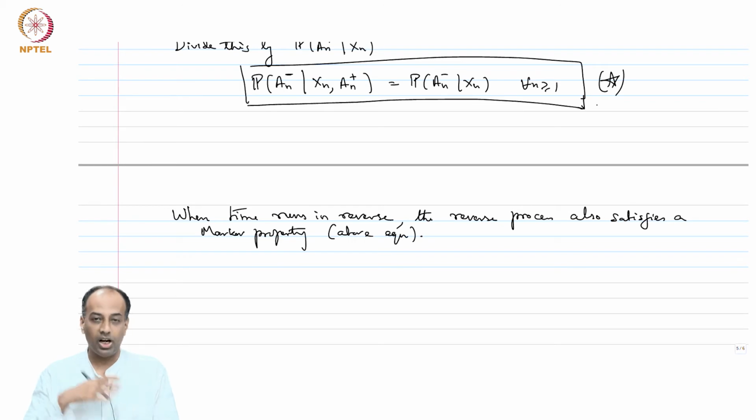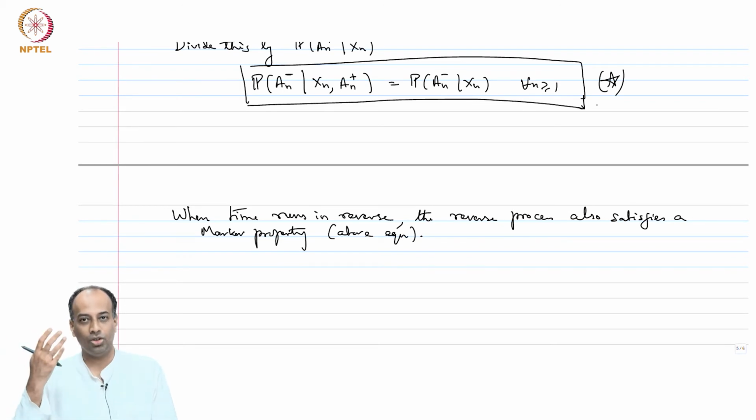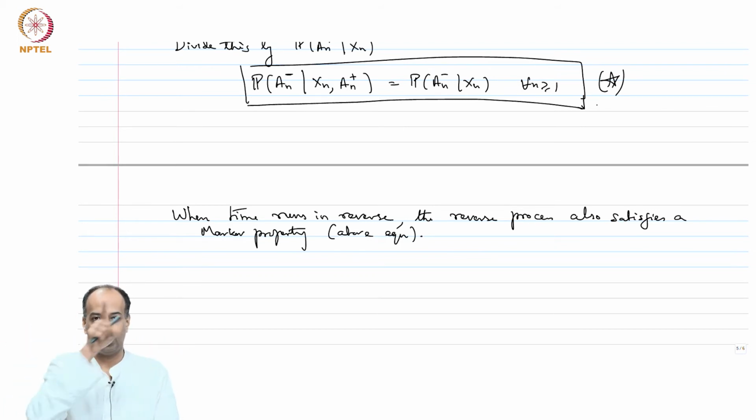All right. Now, if the reverse process also has a Markov property, then we have to ask what its transition probabilities are. So let us say we are given the transition probabilities of the forward running Markov chain, which is the original xn process. Now x13, x14, x15 runs according to some Pij transition probabilities. Now I run it in reverse: x16, x15, x14, x13. What are these transition probabilities? So that is our next task. We know that it satisfies a Markov property, and we want to find out its transition probabilities.